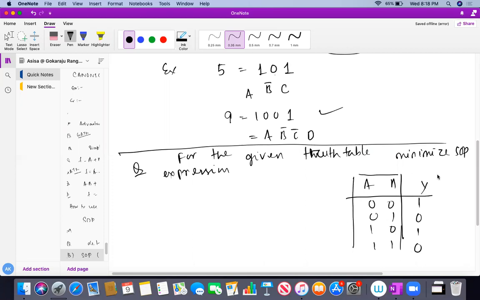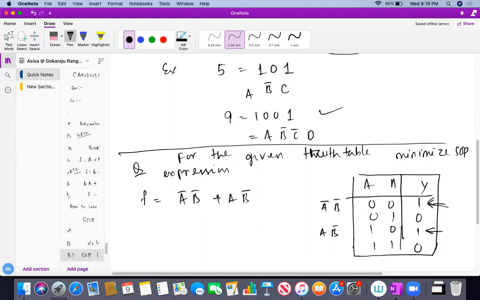So what do you understand from this? As I told you, in SOP the output is used if the logic is 1, and here it's clearly written that it's SOP. So in this case, A bar B bar and also A B bar are the cases where my output appears. So what is my expression, students? The expression is in SOP form, only the ones should be taken. Wherever the logical expression is 1, that will be taken. So the output will be A bar B bar plus A B bar. Do you all understand?